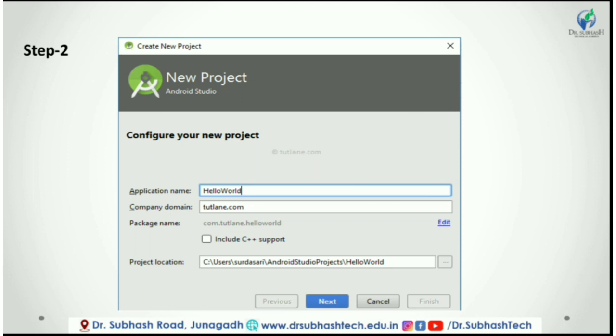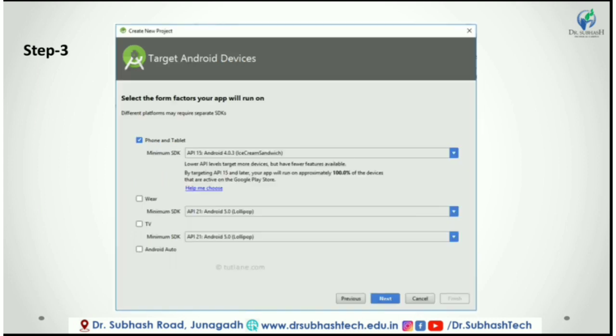After entering all the details, if we click on the next button, another screen will appear where we have to select different platform and SDK target like as shown below in the figure, based on our requirement.